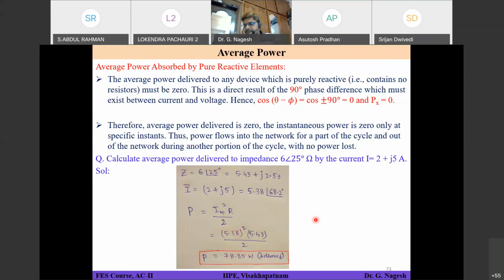We get V from I by Z, sir. No, V is equals to I into Z, right? So Z is there, and I is there. So V is equals to I into Z you do. So you will get V, right? So Vm will be there and Im will be there into cos of theta minus phi will be there divided by 2 if you do. You should get approximately the same answer.